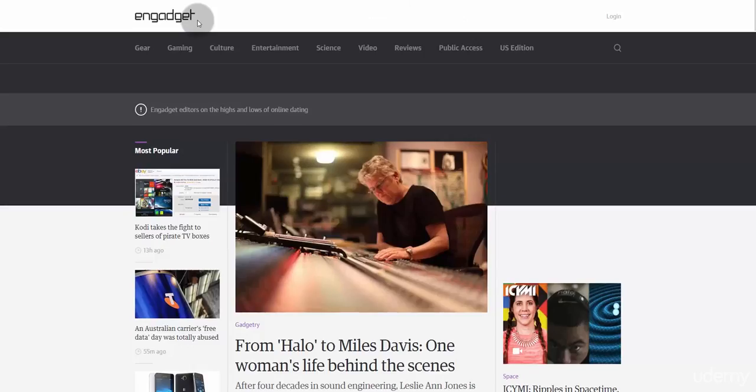Two things you should remember in the header section. Let's analyze this Engadget website. You should structure your menu in a logical way. That is, don't dump every category or page in the header menu. You can see that Engadget has a lot of categories and pages on their website, but in the menu they have added only a selective number of categories and pages, because most of the people visiting Engadget look for gaming gadgets and the recent smartphones, reviews, etc. So the first things they add in the menu are gear or gadgets, gaming news and gaming devices, and